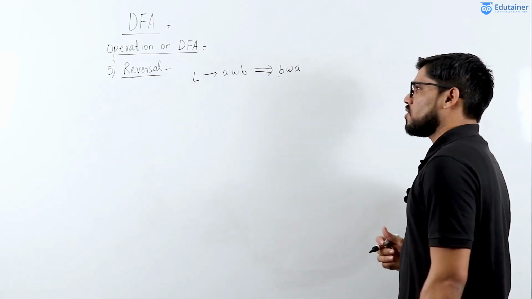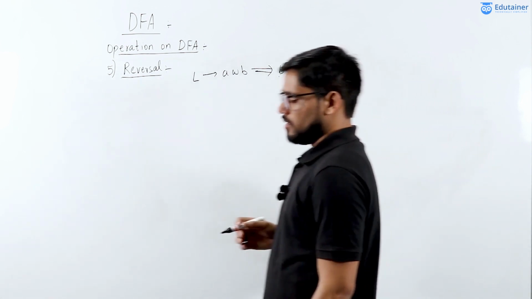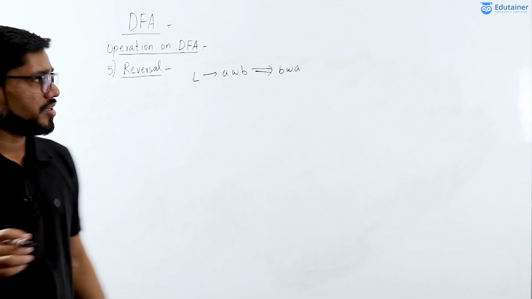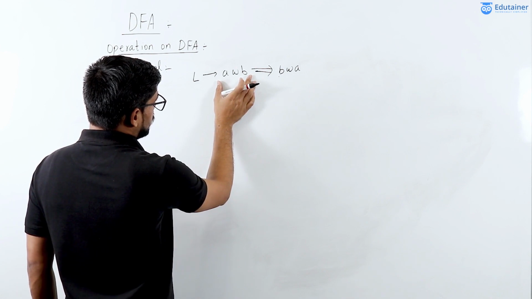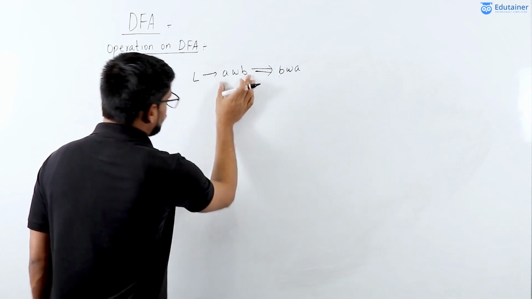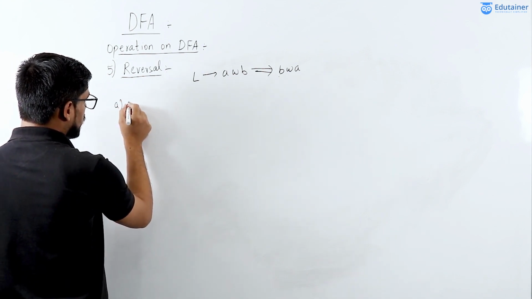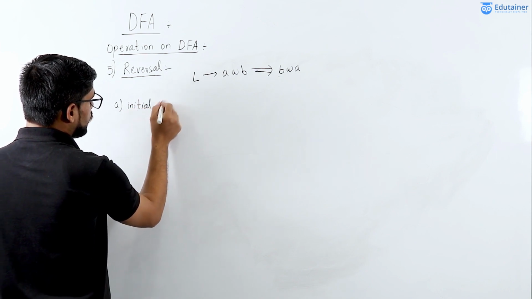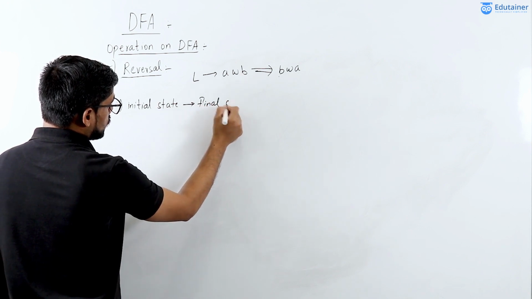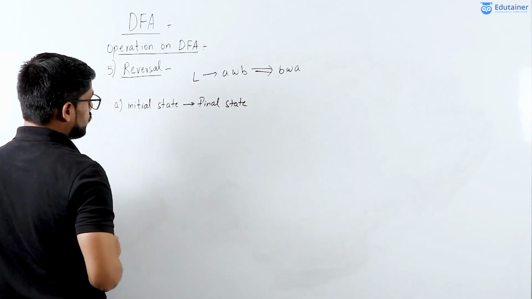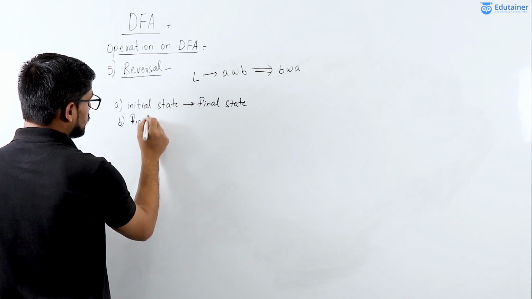So for achieving reversal operation in deterministic finite automata, there are 3 steps which are required to convert a language into its reverse form. First, change initial state into final state. The second step is change final state into initial state,